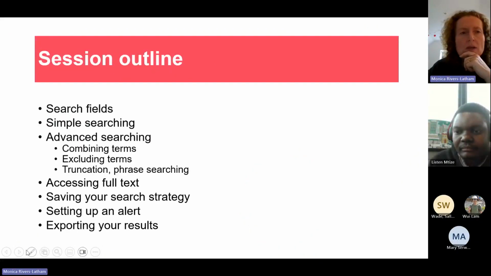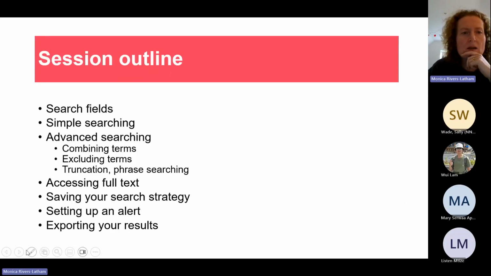Just a little outline of what we're going to cover. We're going to have a look at a couple of different ways of searching the Scopus interface. We're going to use search fields and something that they call advanced searching as well. And then have a look at how you use the interface to combine your keyword searching terms together and do